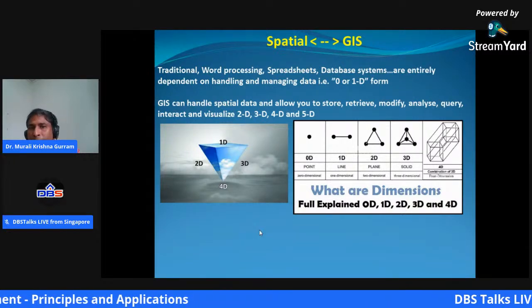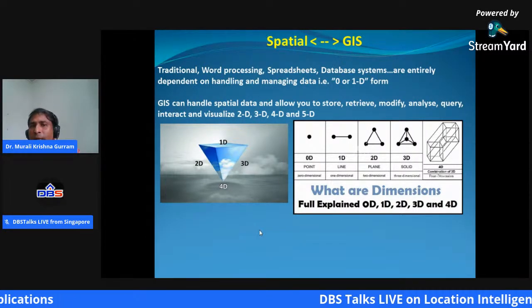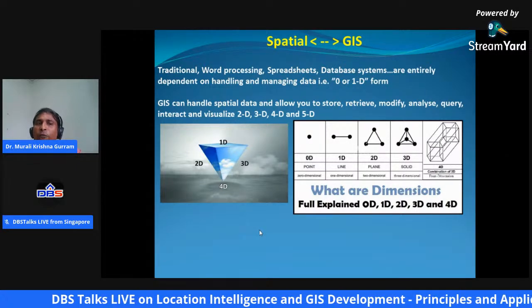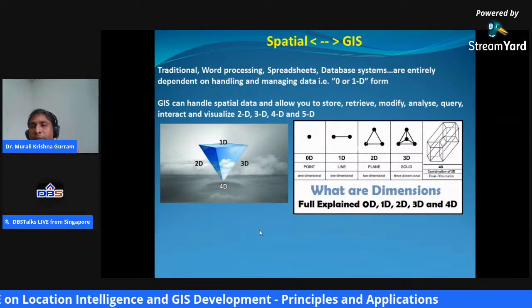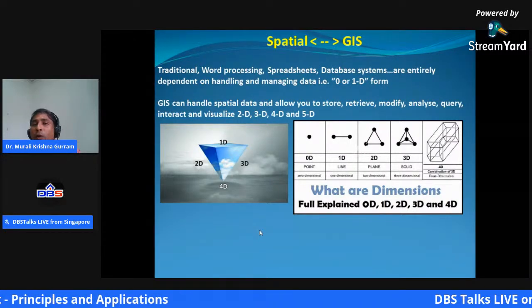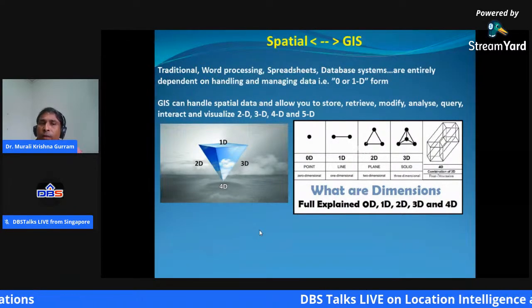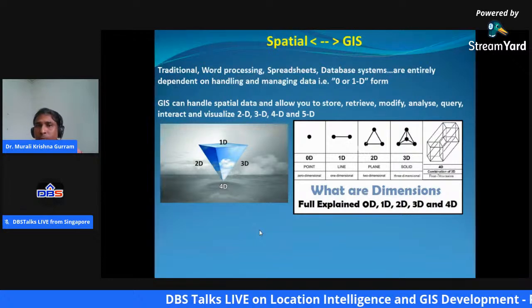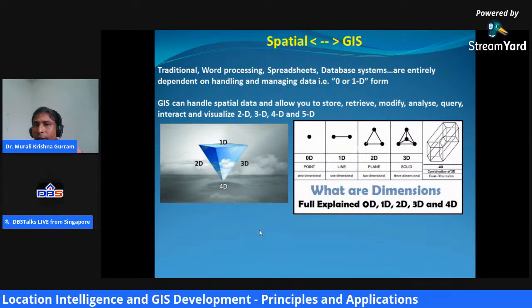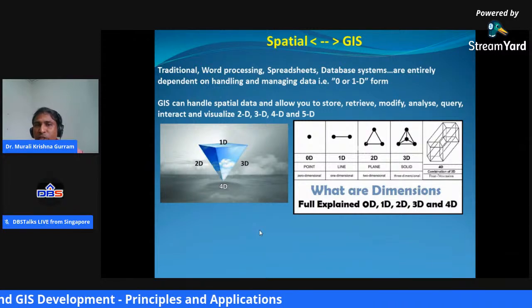That means it only talks about the 0 dimension, that is a property of an object. Or maybe if it expanded more, it only talks about the relation between the property and an object, that is one dimension. So here we are going to talk about the relation, so it becomes one dimensional.